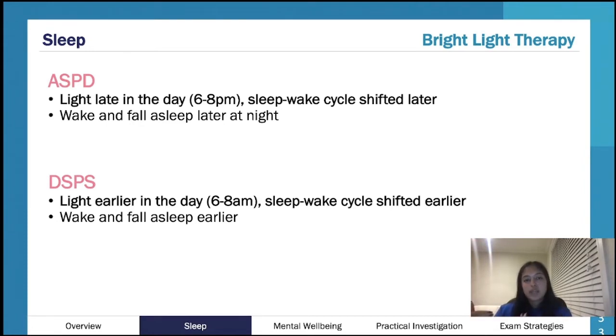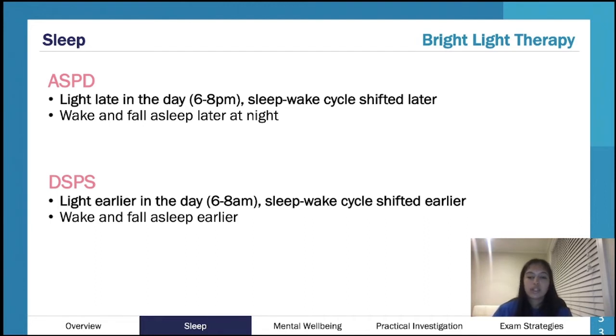The other way, so DSPS, you want to secrete melatonin earlier in the day. You want to bring that circadian rhythm earlier. So what you're going to do is shine that light box really early in the day, and that's going to tell the brain, okay, I'm awake nice and early in the morning, and then it's going to time nicely, and it'll secrete that melatonin a little bit earlier in the day. So that means that you're waking up in the morning, you're feeling alert in the morning. So then by the time night comes, you're feeling tired, your melatonin is being secreted, and that's getting shifted back.